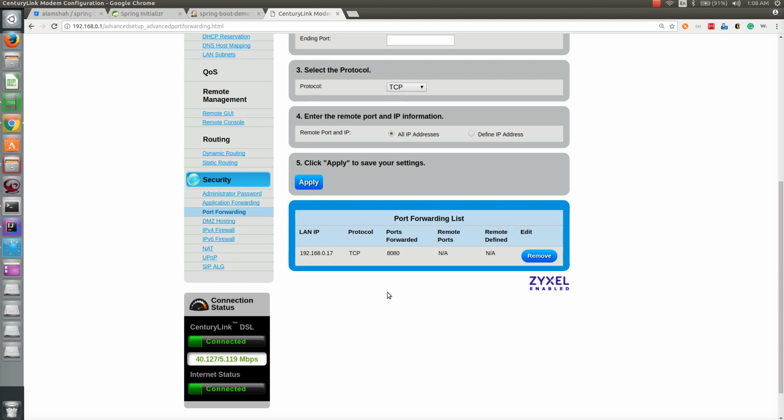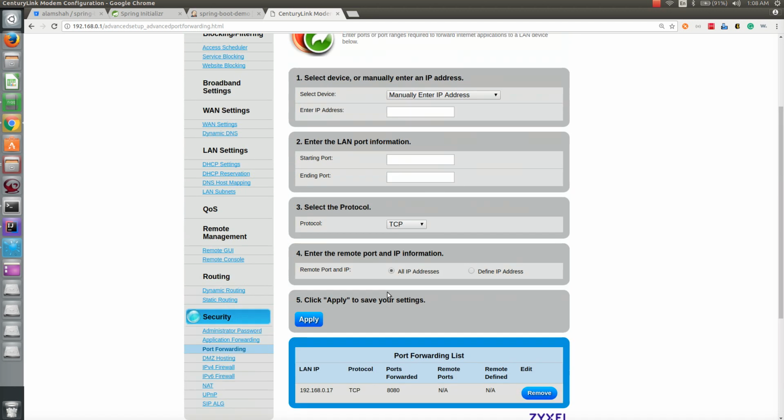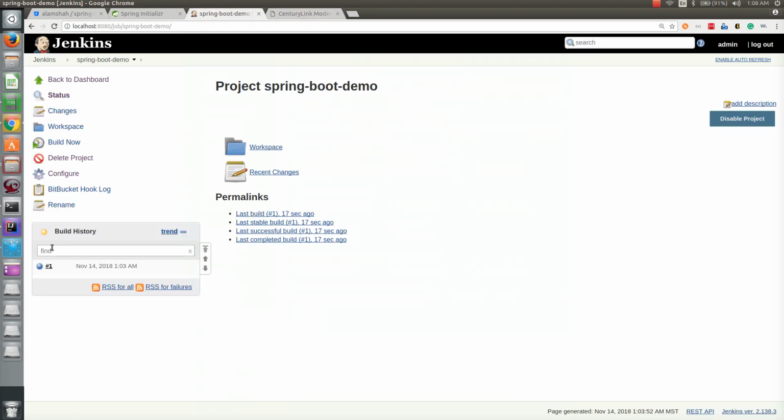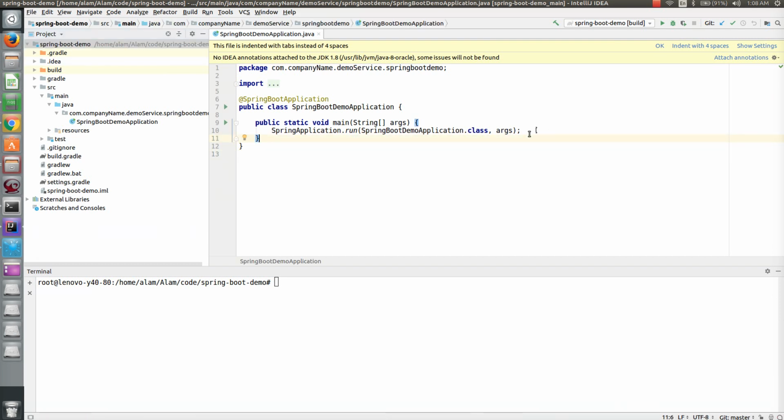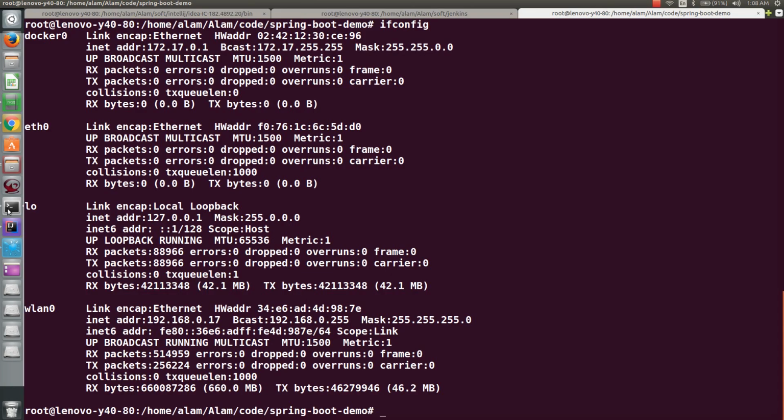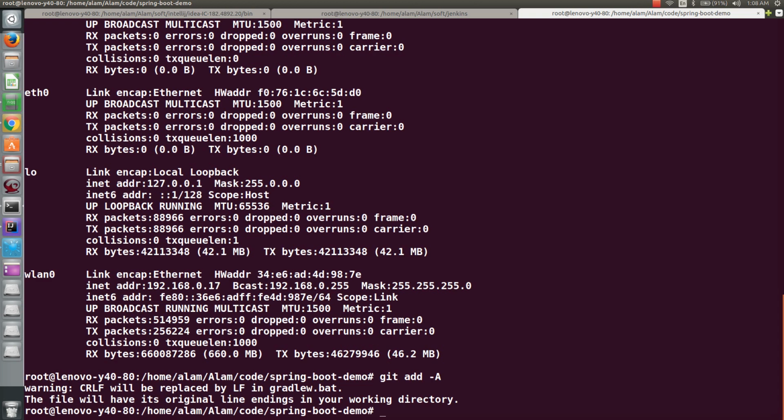So let's go and make some changes and see if our webhook works. So currently we have only one build. So what I'm gonna do here is I will add just a line to make a change, and onto the command prompt, let's go back here again. I'm gonna say git add -a, then I'm gonna say git commit